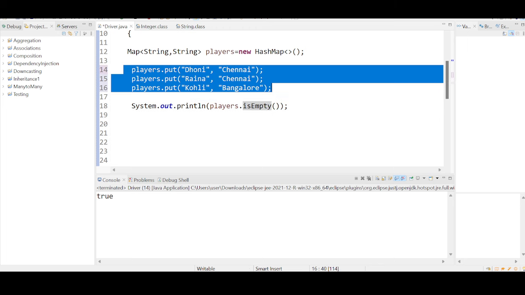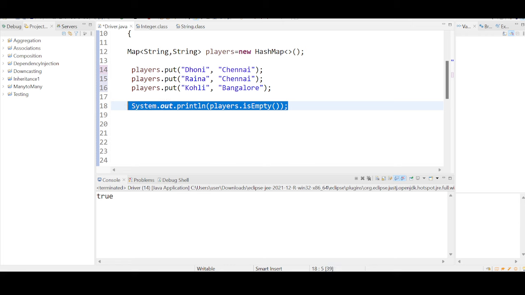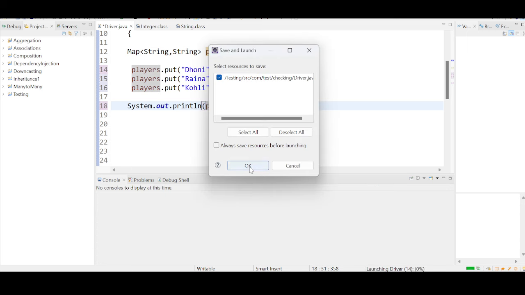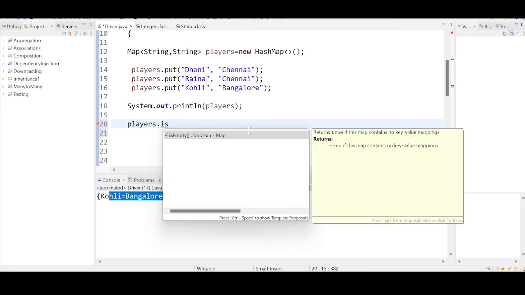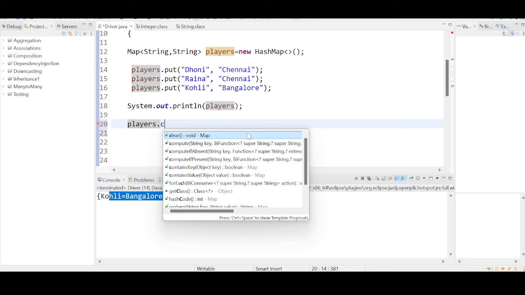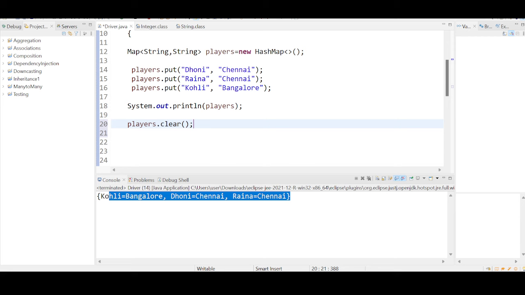Okay, so what are the values that we have? Key values: Dhoni, Chennai. Okay, so let me print this. System.out.println(players). If I run this, you get all the players, and the moment you use the clear method,